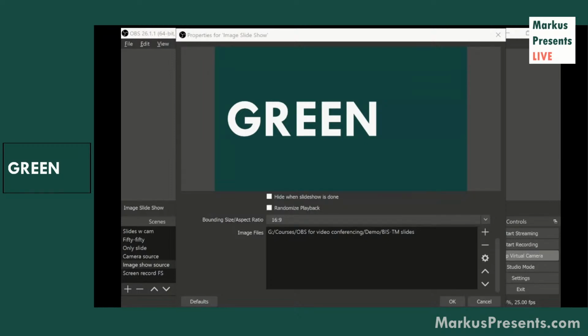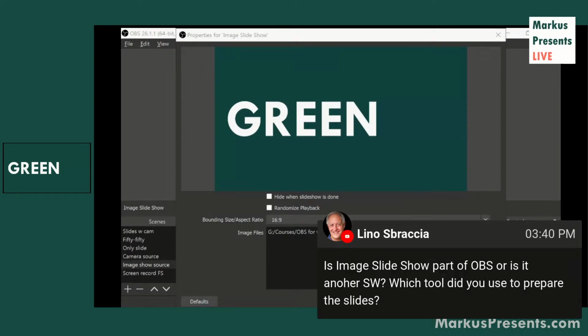Let's have a look at Lino's question here. Is image slideshow a part of OBS or is it another software? Which tool do you use to prepare the slides? Yes. So image slideshow is a built-in feature in